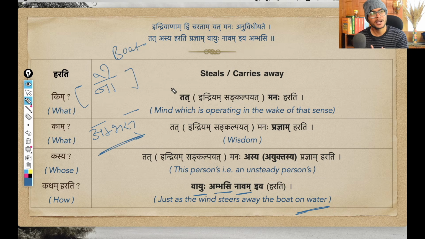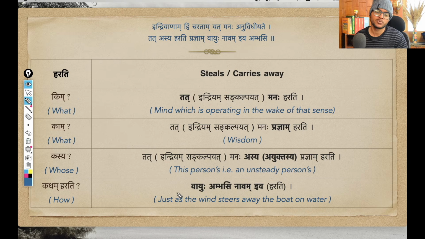Okay, and these kinds of Aukaranta Shabdas are very rare in Sanskrit, but then again, this is one such word. So Aukaranta Strilinga, this is the Pratipadika, and Navam. So this is the Dutiya Vibhakti Ekvachanam form. Why Dutiya Vibhakti? Because Vayuhu Navam Harati. That is why Vayu is in Prathama Vibhakti. Vayu is the subject of this Kriya and Navam is the object of this Kriya. Okay, so I hope all these words are clear.